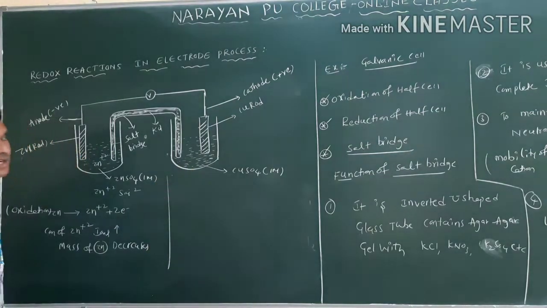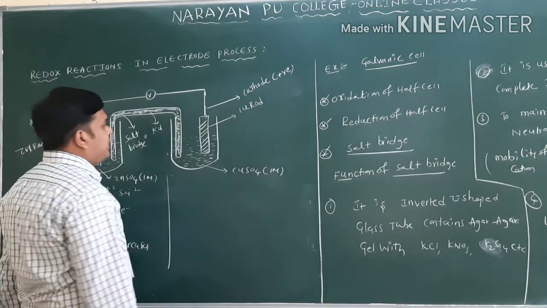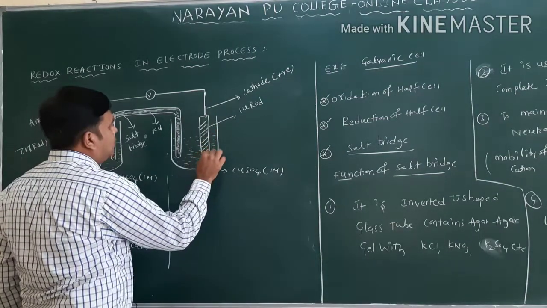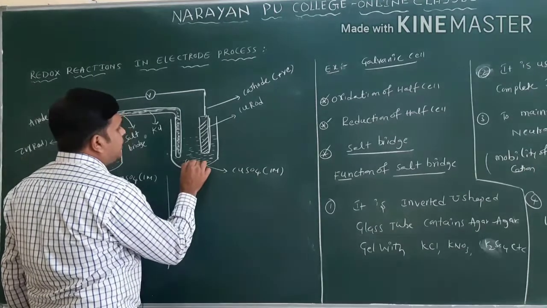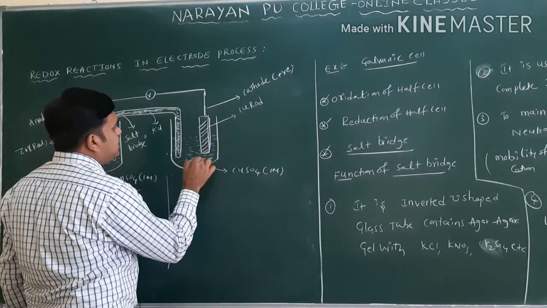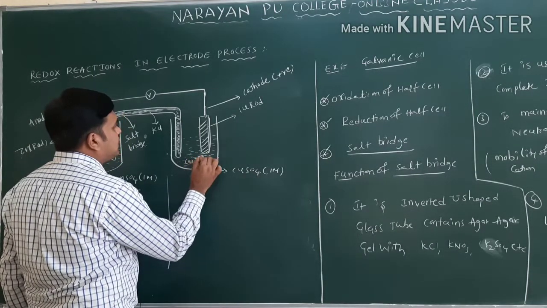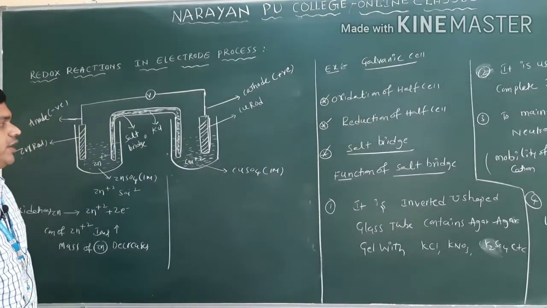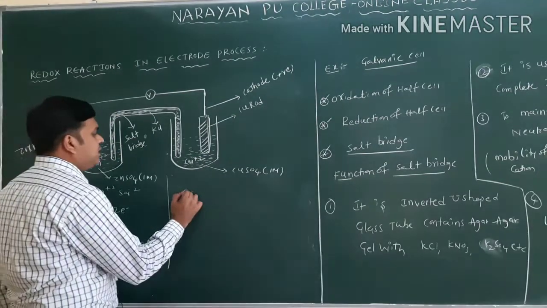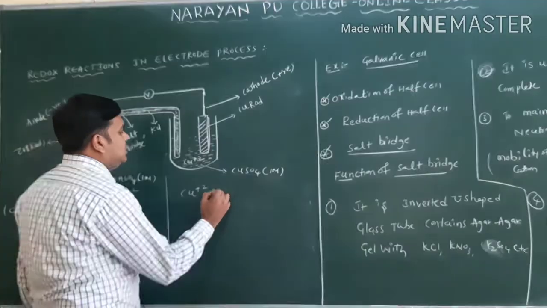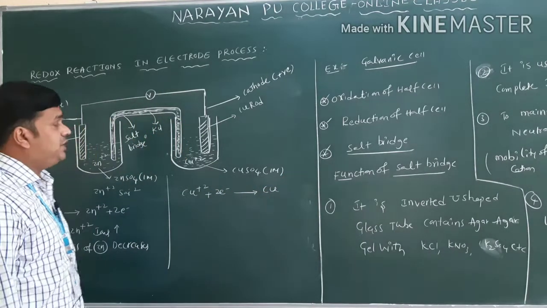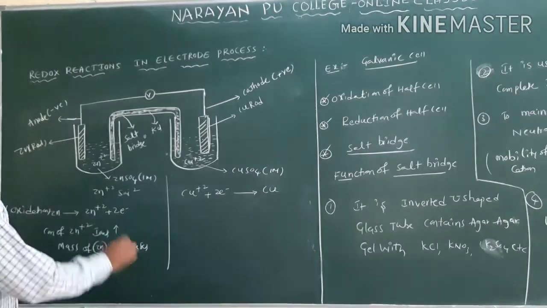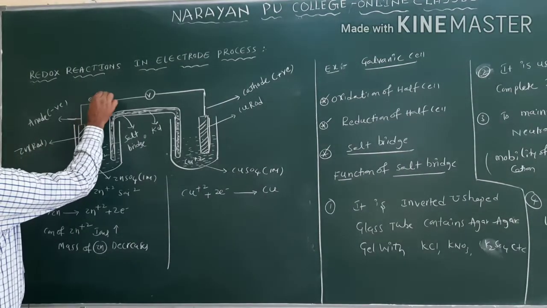Now come to this compartment. In this compartment you can see what rod we have. Here we have a copper rod, and Cu+2 ions are there. So these Cu+2 ions gain 2 electrons and are converted into copper only. Here, how will the 2 electrons come? The 2 electrons lost by zinc will move like this only.